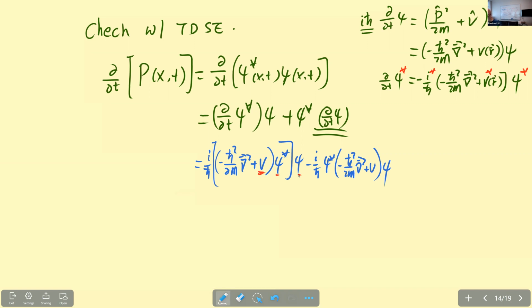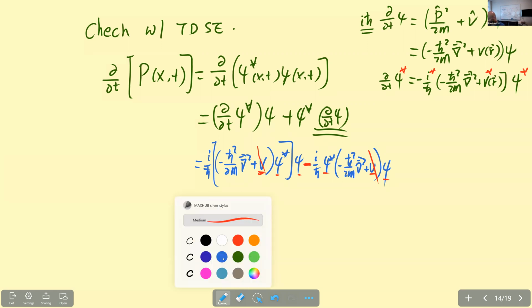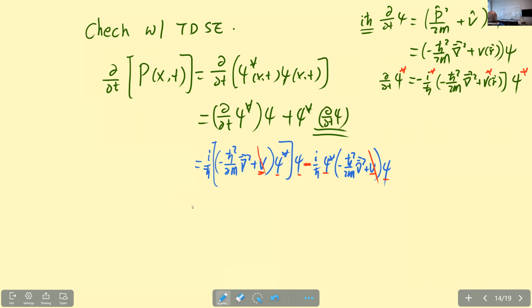So this one times this one times this one, where this one times this one times this one. But there's a minus sign right here. Okay, so these two will cancel each other, right? So you are left with only one term in each bracket. So that can be written as